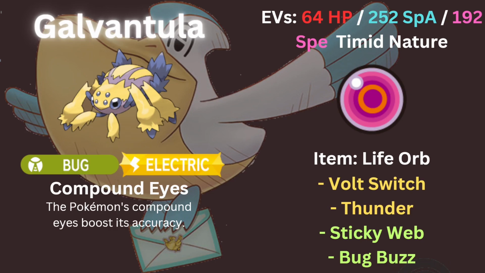This mon just does a huge amount of damage with stuff like the Thunder with Life Orb, the Volt Switch just does a huge amount, Bug Buzz does a huge amount. This should get a lot of damage on mons. It's probably going to die early. I'm not sure if I'll even get the webs up, because I kind of just want damage, but getting webs